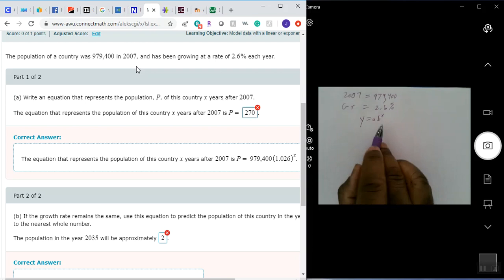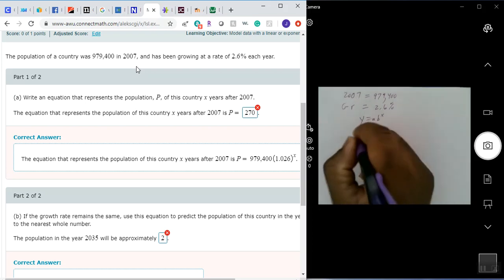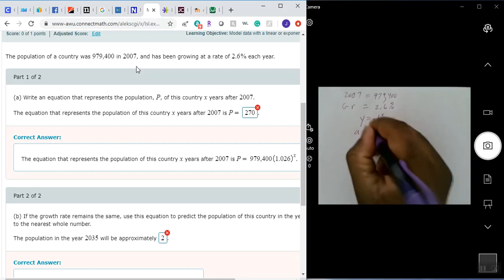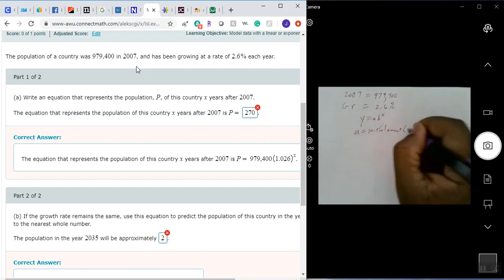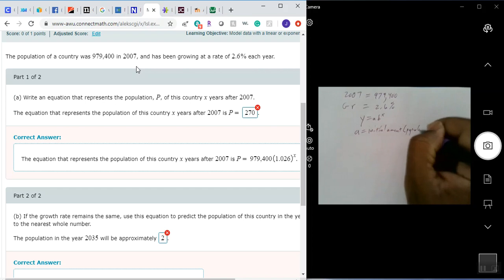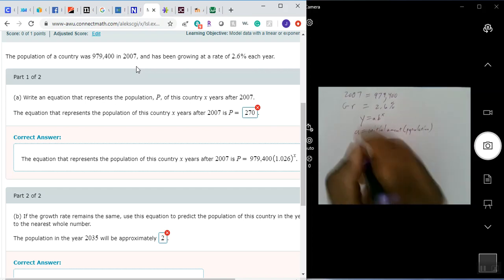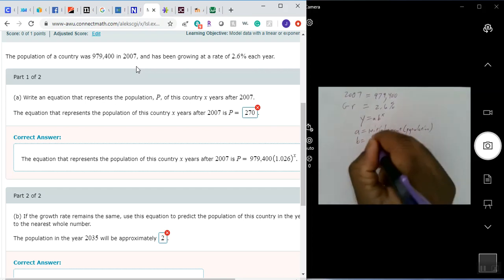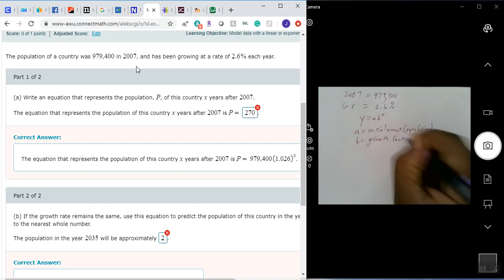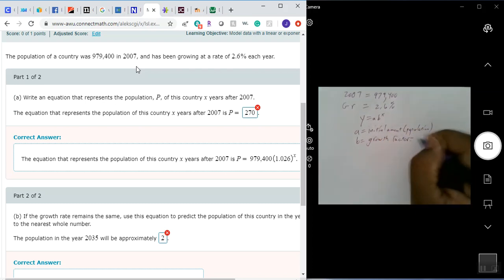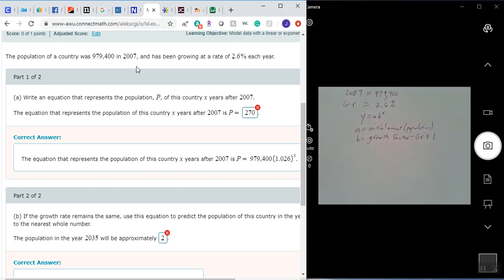Now, let me tell you what these variables mean. A is the initial amount, or it could be in this case population. B is the growth factor, which is equal to the growth rate plus 1. All right, so with that being said,